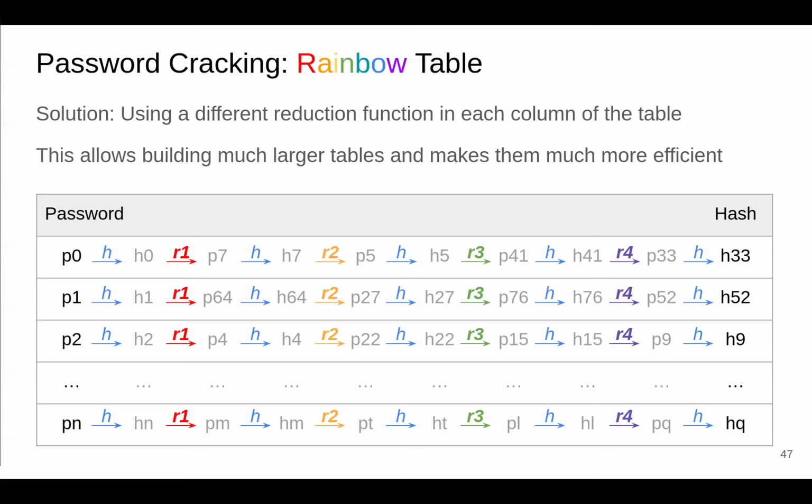So what you're doing is to look up a hash, you reduce, you hash, you look up. You reduce, you hash, you look up until you have a match in the back. This gives you the row that the password is in. Then you restart on the row until you have a match of the hash. And at that point in time, you know what you put into the hash function previously, and you have recovered the password. Right? So you pre-compute this table once, and then you can use it to look up any kind